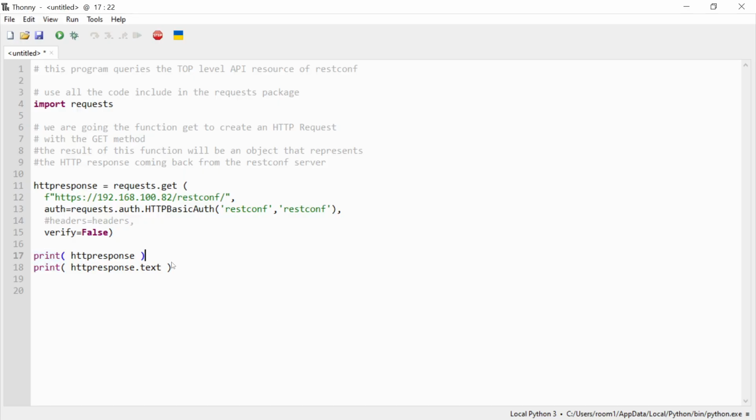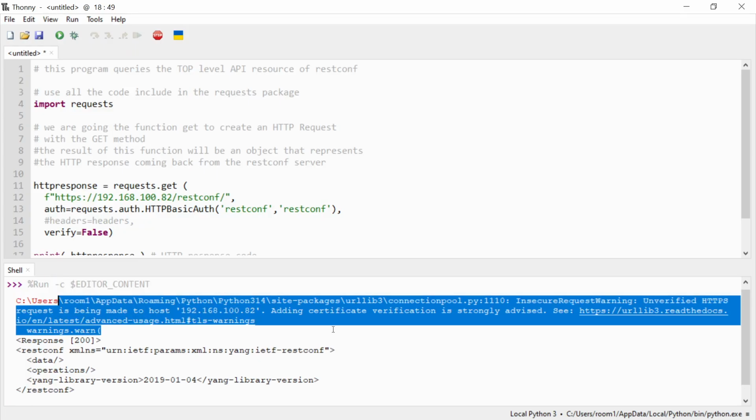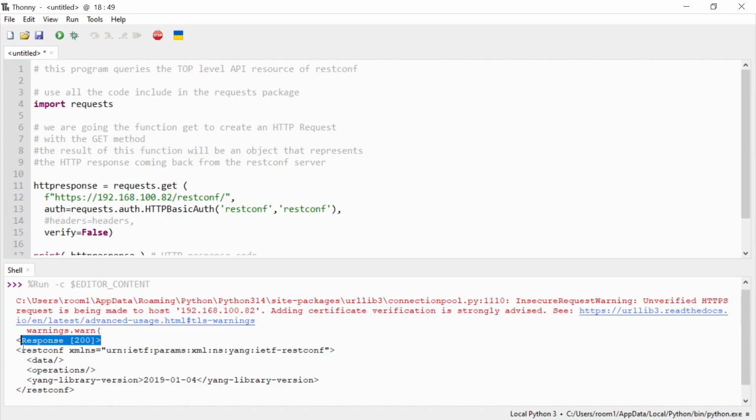So with this line of code, we're going to print the response code, and with the other line of code, we are going to print the response body. So let's run it. Let's click here and run. And we are going to see a warning first regarding the certificate of the RESTCONF server. We are going to see the response code, and we are going to see